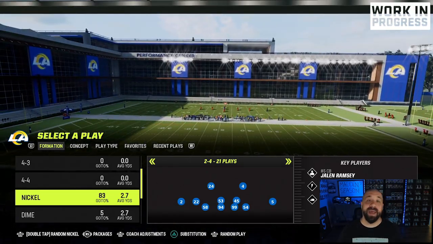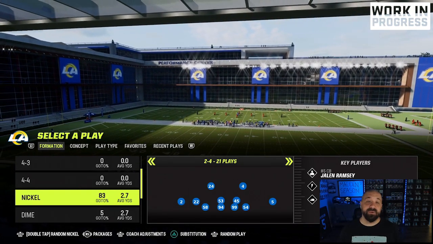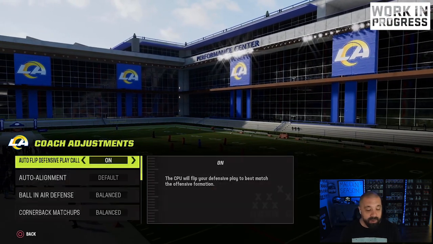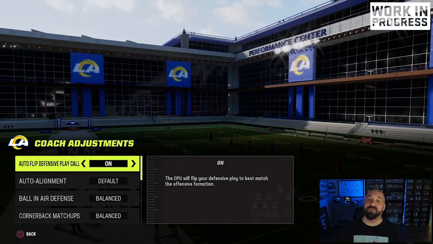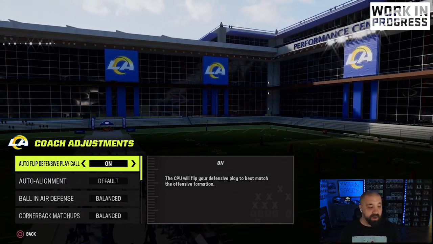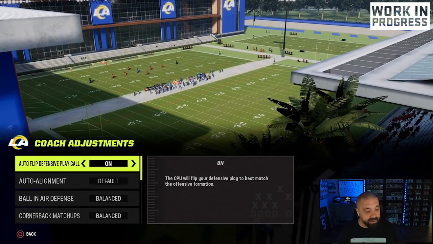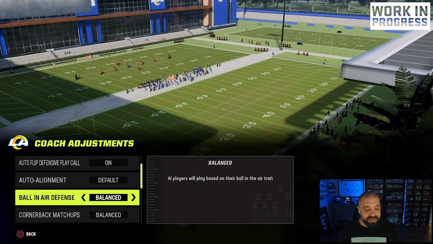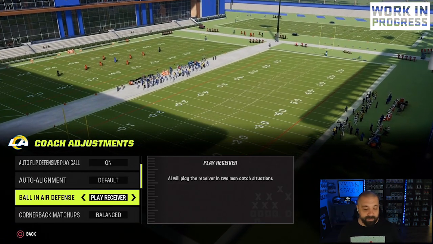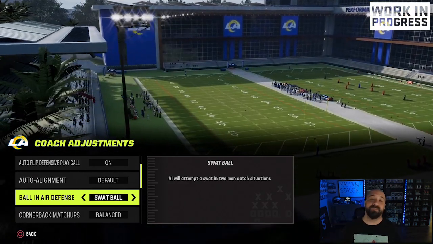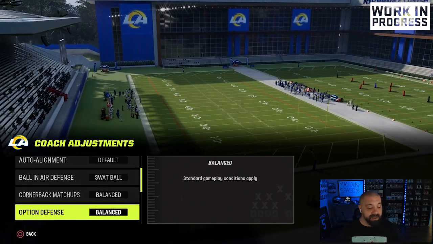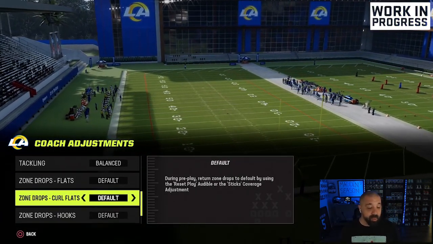You're going to access coach adjustments the same way you did on offense by clicking in your R3 button. There is a lot more to the defensive coach adjustment, so we have auto flip can be turned on or off, auto alignment, ball and air on defense. You can change it between play ball, play receiver. There's a bunch of different options. You got to go through all of them. I'm not going to do that in this video, but the one that I do want to point out